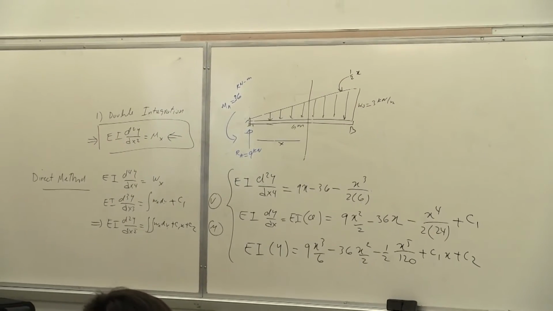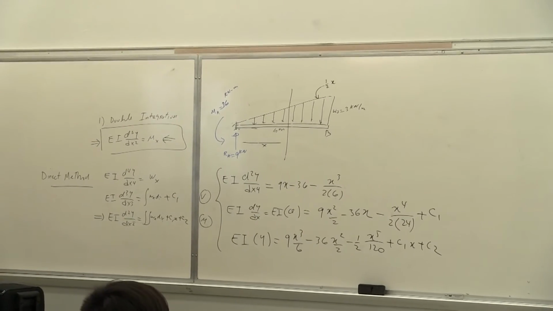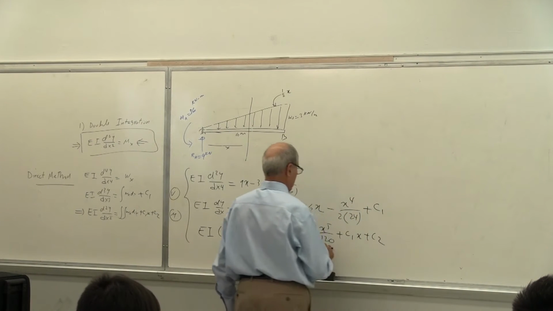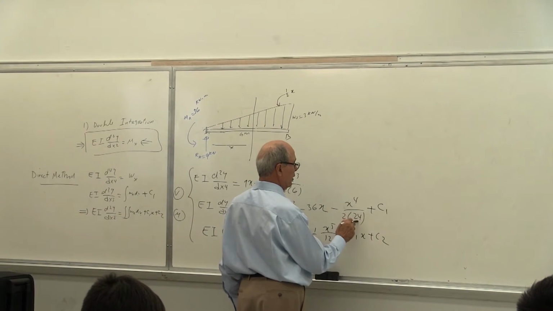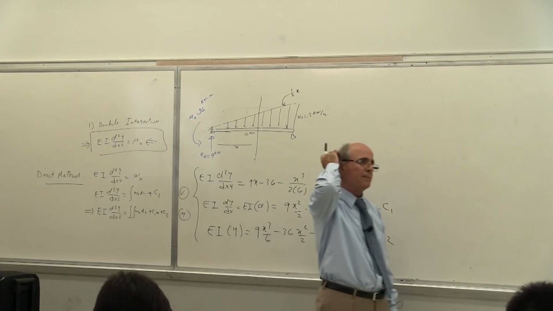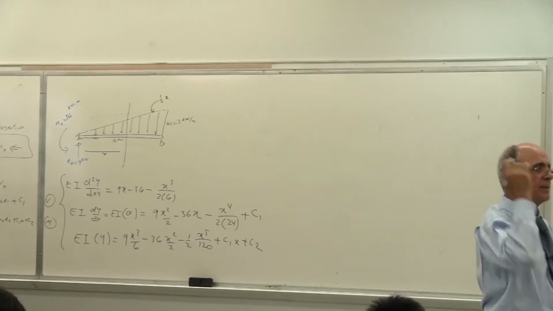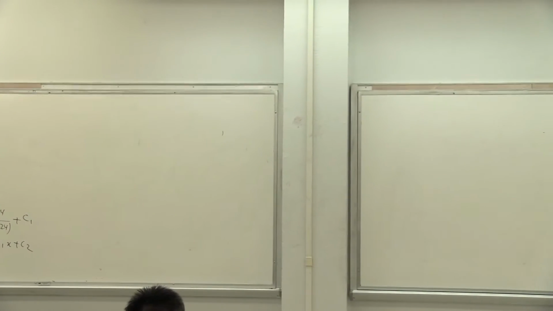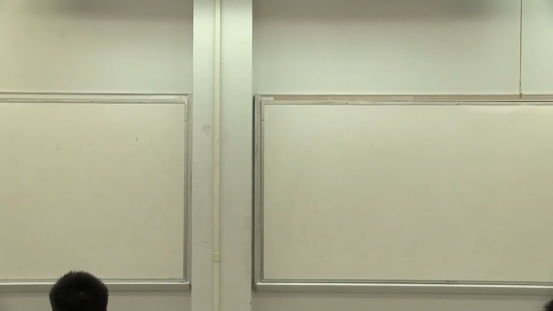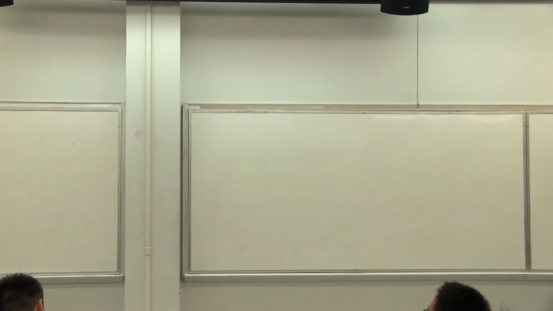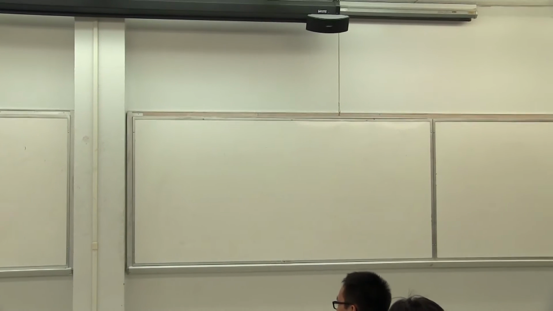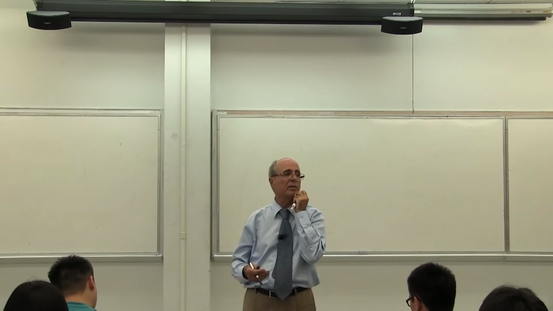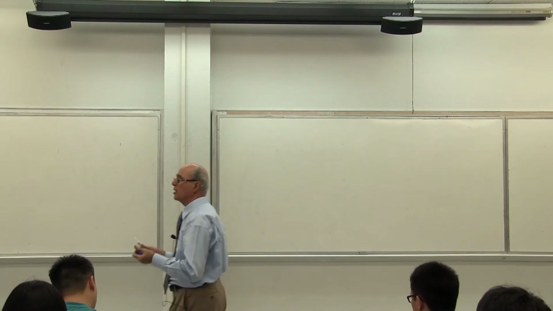What do we have? Actually, this is much simpler than the previous problem. Which one? This one? Yeah, because you have the 1/2 on the outside. No, this is 2 and 24. 24 times 5 becomes 120. Actually it becomes 240, not 6. It's correct. Yes? 24x5, 24 times 5 is 120, correct? But we have 1/2 in front of it. Yes, it's correct. But sometimes I make mistakes. I want to be sure. Is that correct or not? Yes? All right. Now, how do you calculate C1 and C2?